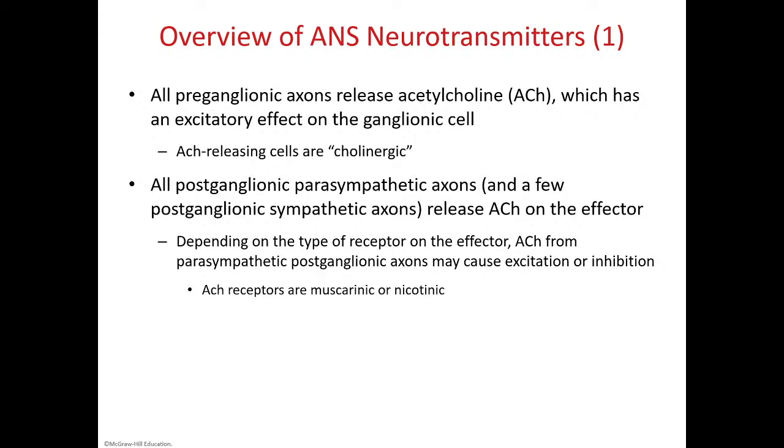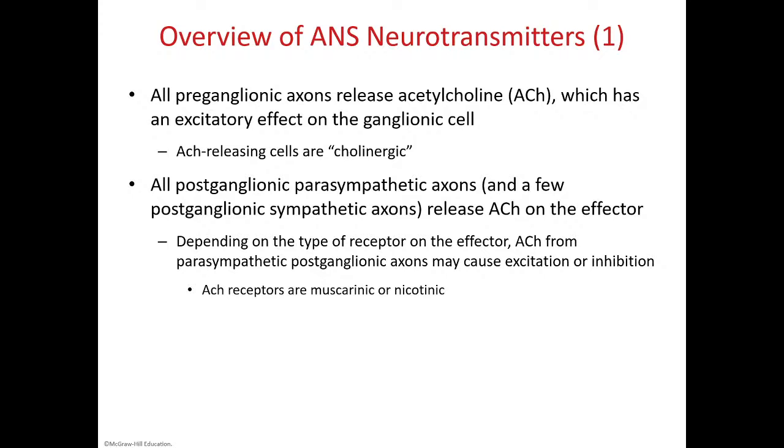Acetylcholine releasing cells are called cholinergic. These are cholinergic neurons or cholinergic synapses. All postganglionic parasympathetic axons and a few of the postganglionic sympathetic axons are going to release acetylcholine. So in the parasympathetic system, it will always be acetylcholine from the postganglionic fiber. In the sympathetic system, only some of the postganglionic fibers will release acetylcholine